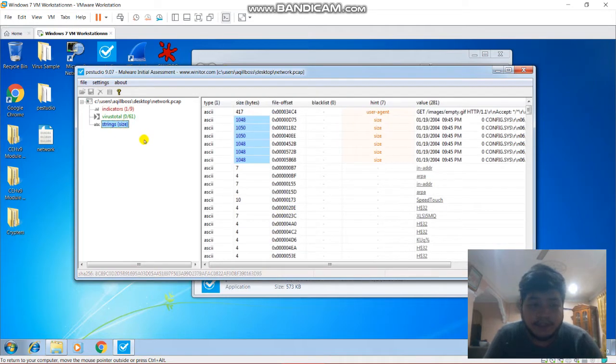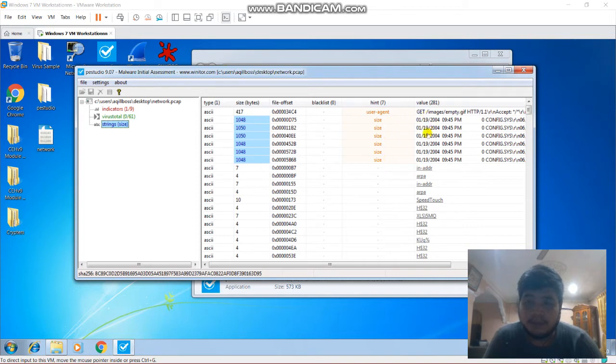Okay, the next one, let's click the strings. We can see here, when we click strings, the various text string content within the executable. Malware can easily hide this, and there will be plenty of binary junk included as well, but PE Studio tries to help by highlighting the blacklisted strings, which are common to malware.